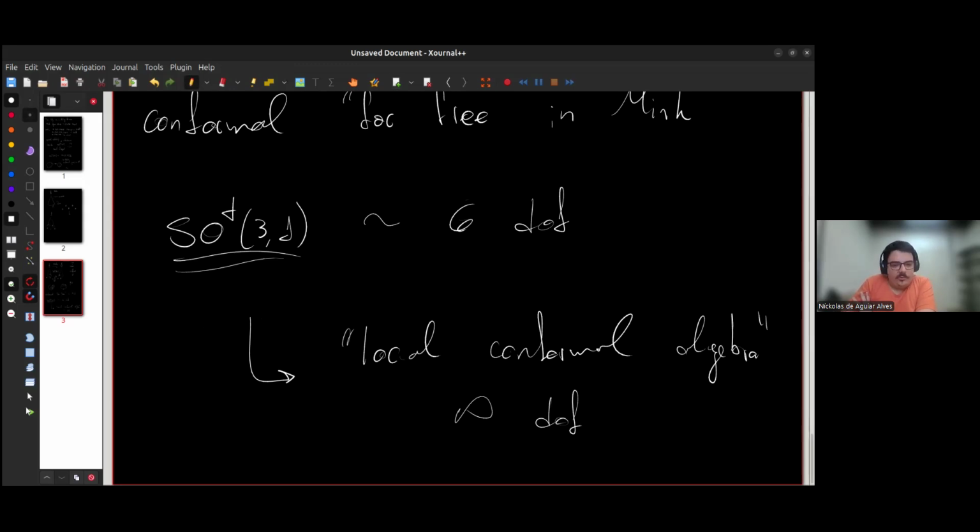And a natural question is then whether we can get larger symmetries at the sky, or if we're restricted to only this global conformal group, only the transformations that are defined on the whole sphere, rather than the transformations that are defined only locally, which would be the case for this so-called local conformal algebra with all of the holomorphic,